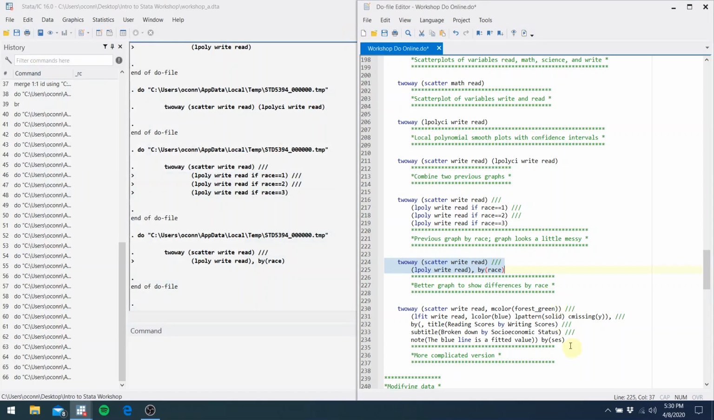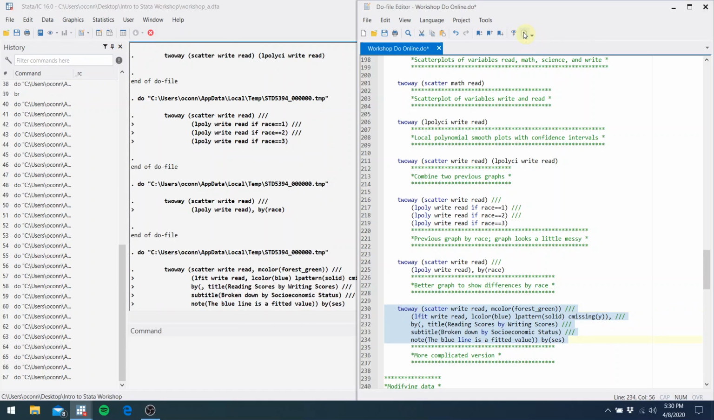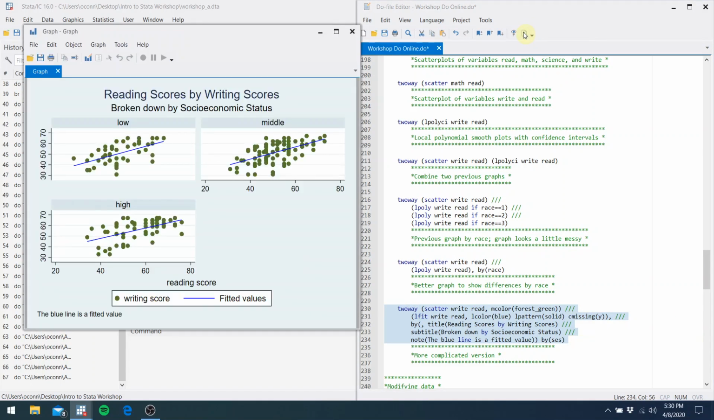And then with Stata graphs, you can get pretty fancy, giving them titles, changing the colors and things like that. So for instance, we can run this really long line of code, and it will spit out this graph. It's a nice looking graph. It's easy to read. We'll go through it real quick. So first of all, we're saying we want a twoway scatter plot between write and read. We want the marker color to be forest green,